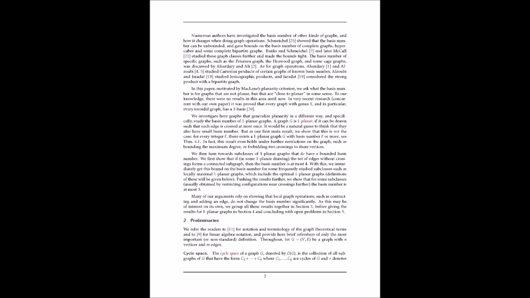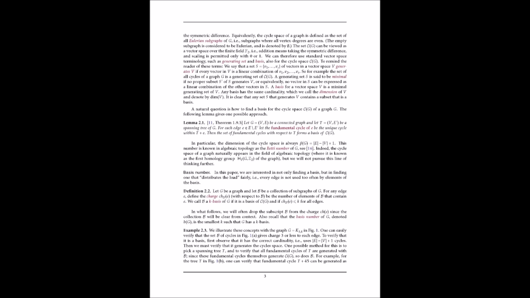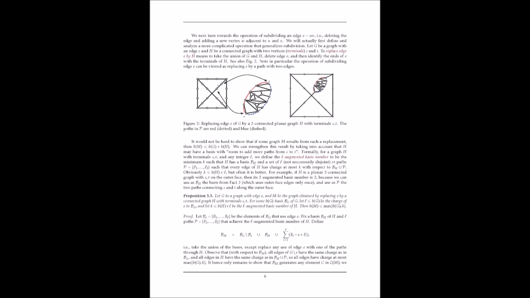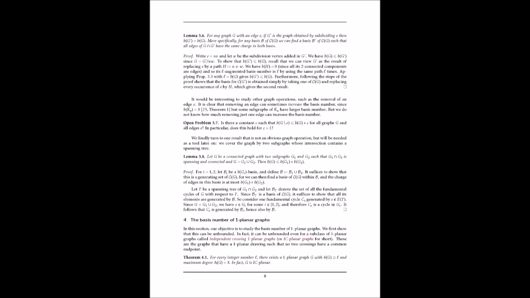One of the key takeaways from all this research is that one-planar graphs are just really complicated. Yeah, that seems to be the theme. Even though they're very close to planar graphs in terms of the number of crossings, they're actually very far away in terms of their basis number. Right. And I think that's the big surprise. It just shows that even small changes to the definition of a graph can have really big consequences. For sure. And so I think that's the main message that I would take away from all this. Okay, and so given that these one-planar graphs are so complicated,